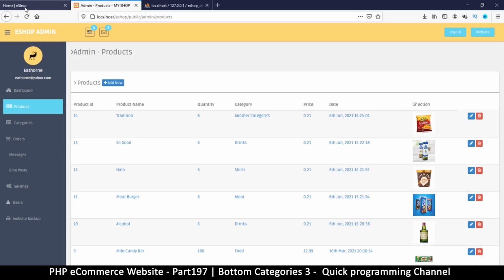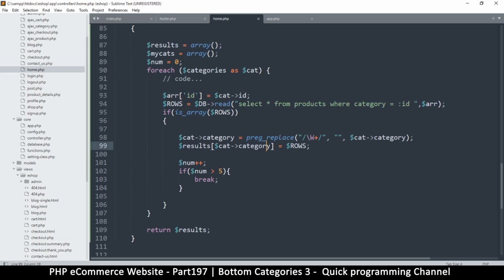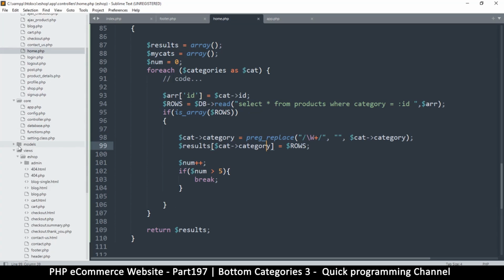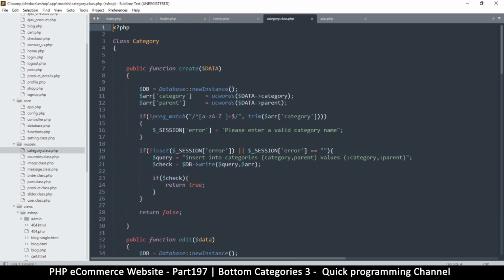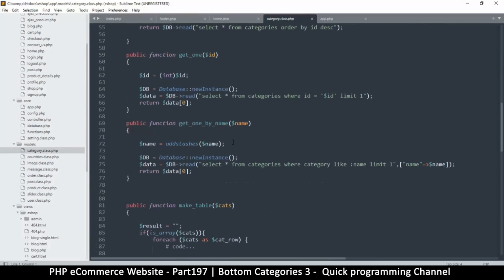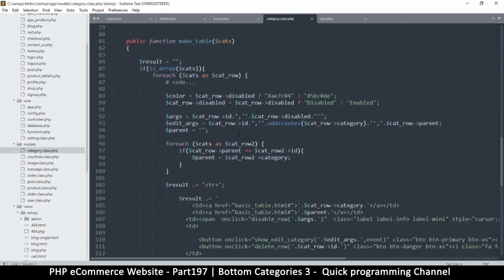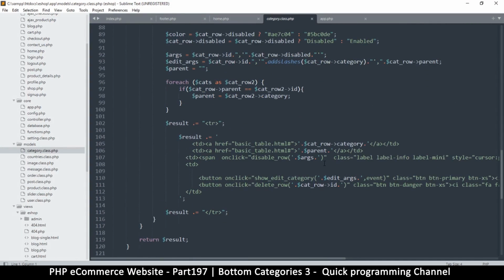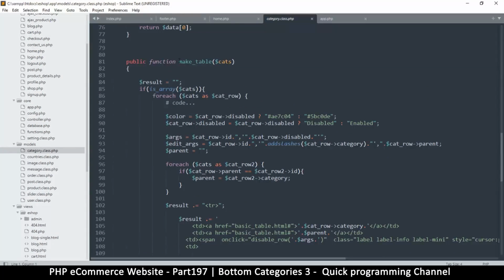Now if I come back to this, actually let me show you what I did before we go any further. So I'm going to go to the models and go to category class, and right here when creating the table for the categories, that's where you have to fix things. So in the make table for the category class, just go to this part which says edit args,